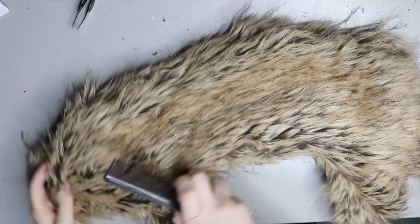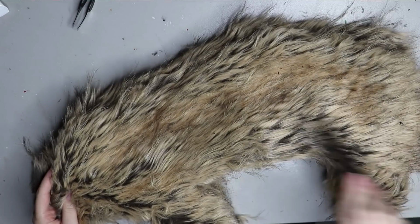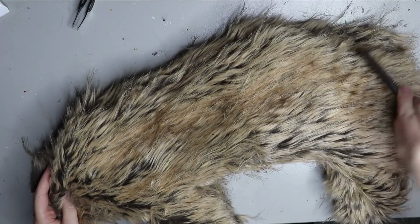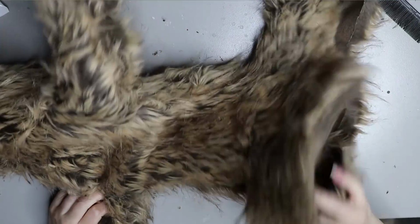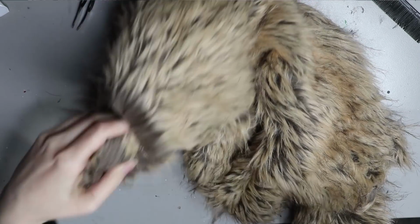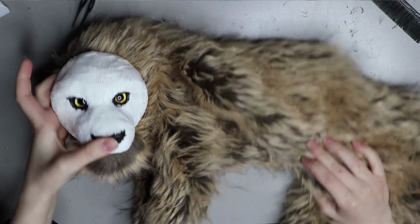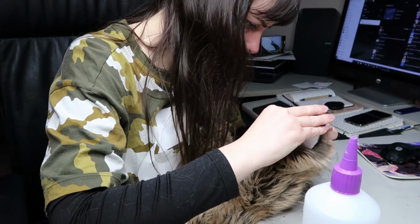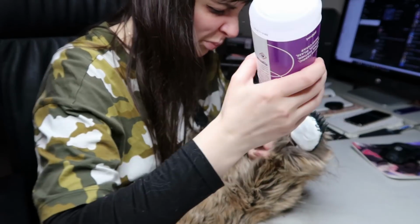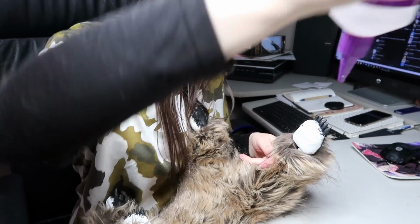And once I've done this, I can insert the armature and put that all together. It's a little bit of a different process with the armatures between wire and plastic ball and socket. So I do have a wire armature tutorial in my shop as well if you're interested in that method. So to come together, just a little example, this is what it will look like. This head is quite different from the ones that I've previously made, but I thought something different and I like the result of it. So once I have put the armature in, I can go ahead, sew everything up, and